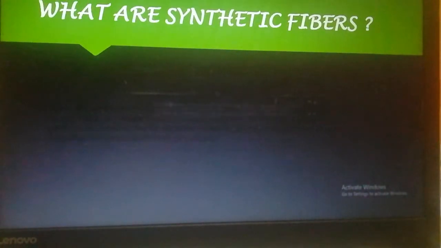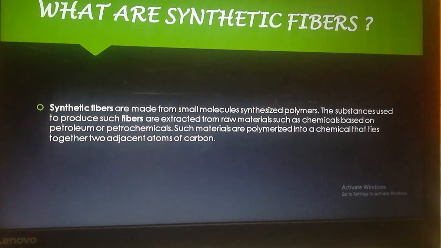So first we will know about what are synthetic fibers. Before we know synthetic fiber, we have to know about the natural fiber. As in your previous classes, we know about the natural fiber. They are obtained from the plants and animals. The plant fibers are cotton, jute, coir, flax, etc. And the animal fibers are wool and silk. The fibers obtained are spun into yarn and then woven and knitted into fabrics, which are used to make clothes for us.